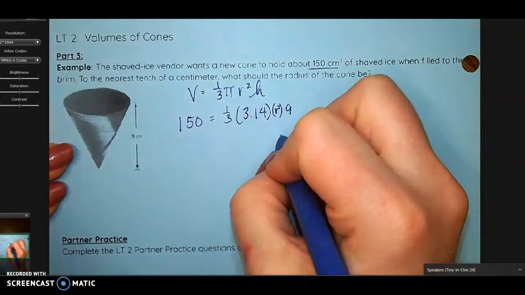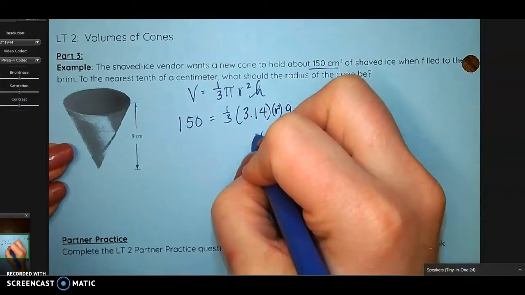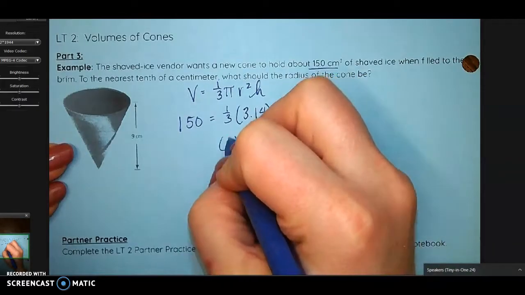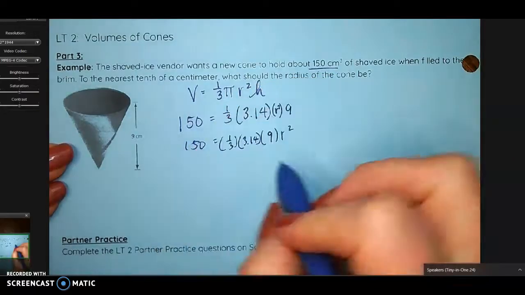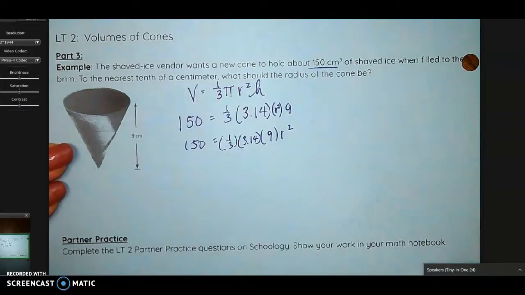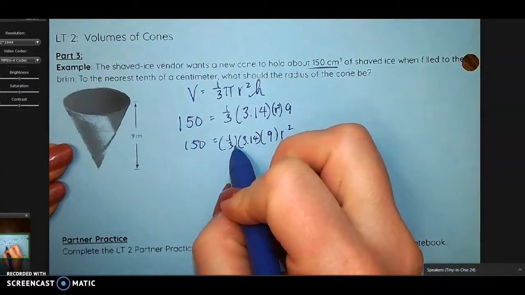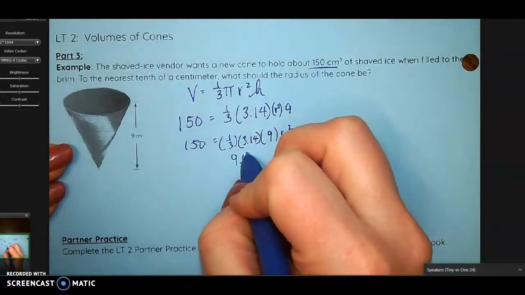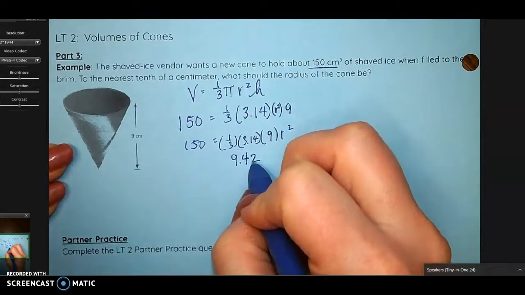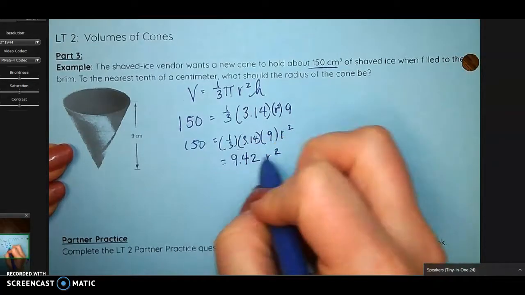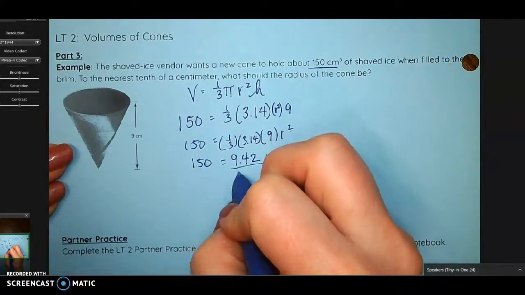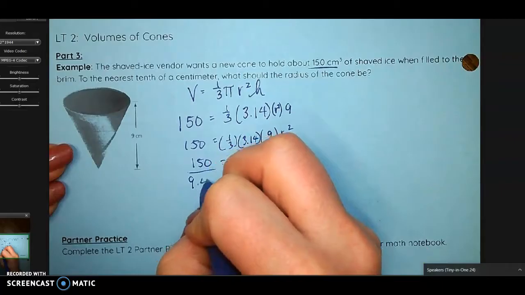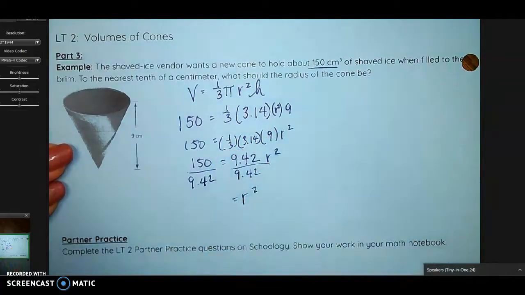So I'm going to put that radius squared at the end, because that helps me remember that I can take all these numbers and multiply them together, and that'll give me the coefficient for my variable. So when I multiply these two, and then I end up dividing by 3 or multiplying by 1/3, however you want to think about it, I get 9.42 as the coefficient of my variable, which is my radius squared. I'm then going to divide by that coefficient, and I get r squared